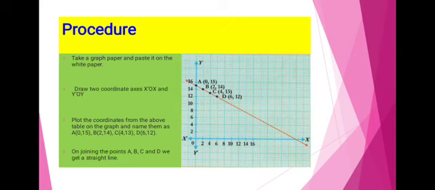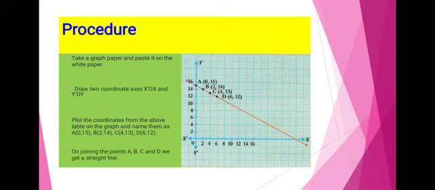Next we will plot the point (2, 14). Since the x coordinate is 2, and on the x-axis 1 big division is equal to 2 units, starting from 0 we move 1 big division and reach 2. Then above the x-axis, we move 7 big divisions and reach (2, 14). Name it B. Then join the points A and B.